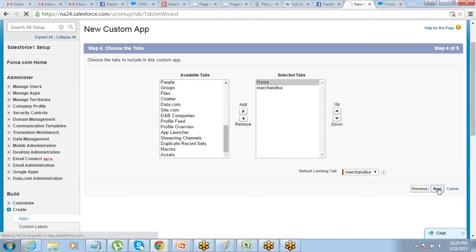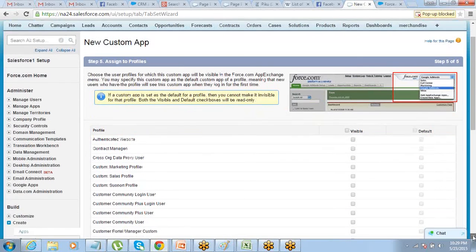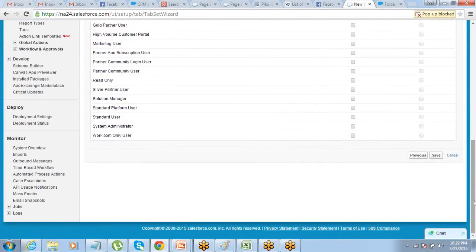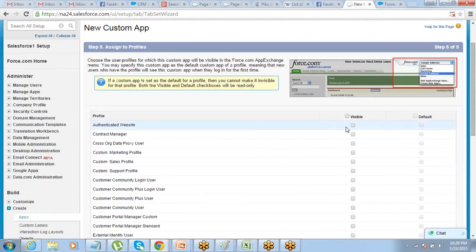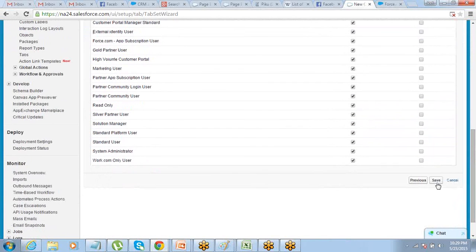Then next and save. That's it. Just make it visible here. On step 5, make sure that you make it visible, otherwise you will not be able to see that app. And then click on save.